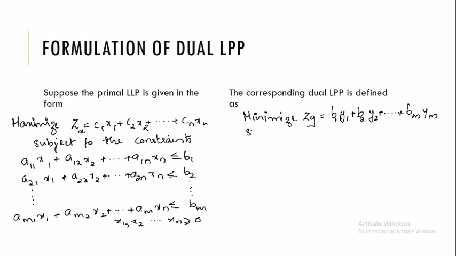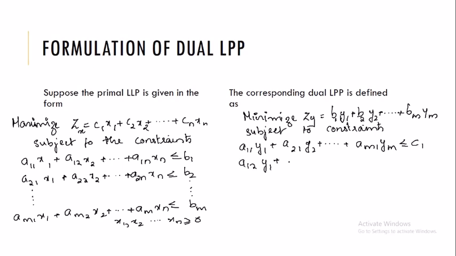Now what about the constraints? Subject to the constraints A11y1 plus A21y2 plus etc plus Am1ym less than or equal to C1,